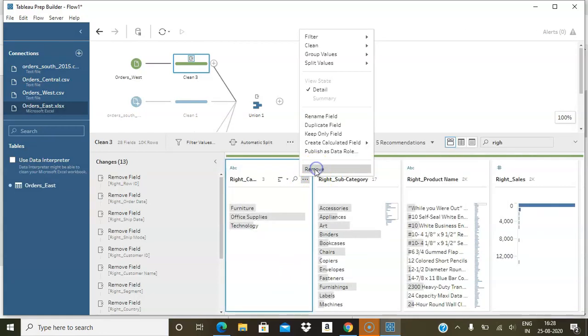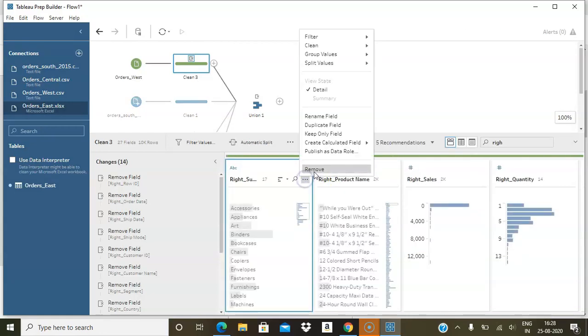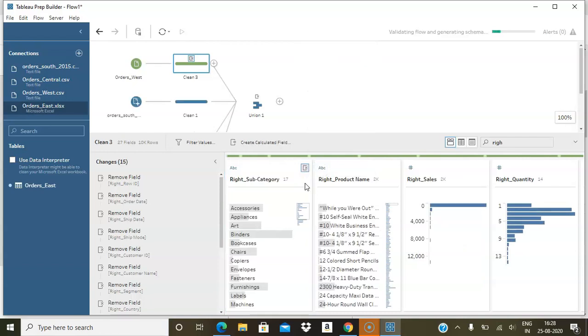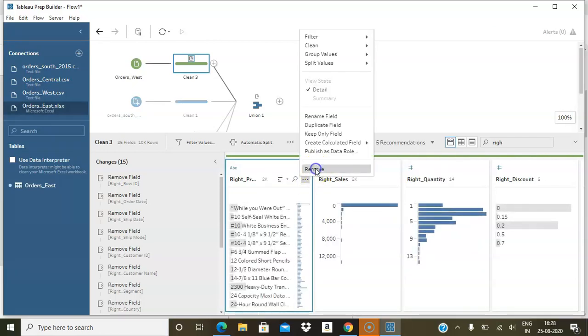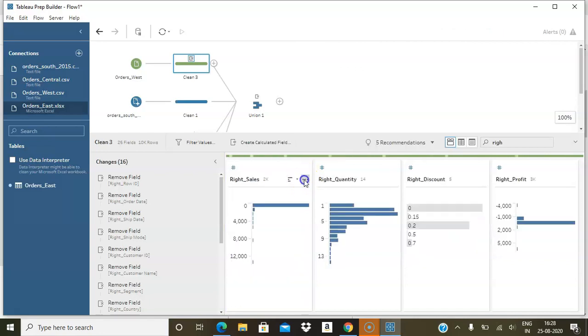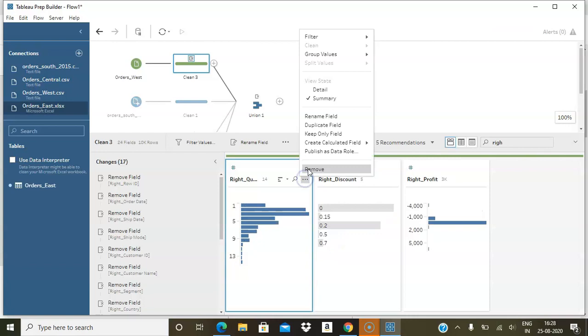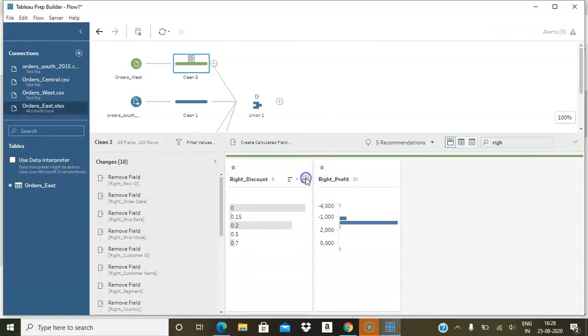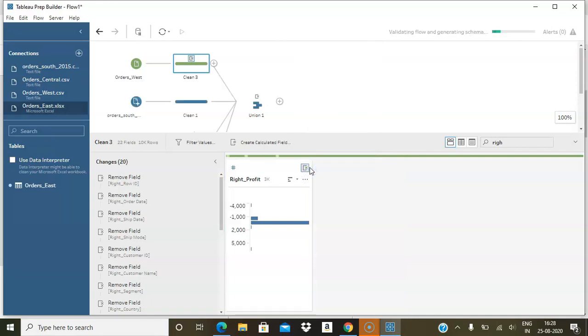Now let me go back to union again. There is no mismatched field, so all the files are matching now. So in the union we have made the same structure across all the 4 files.